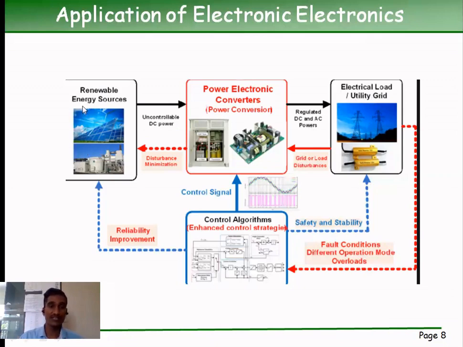Again, if you use a renewable source like wind energy, it generates AC power of a different frequency, say 100 hertz, and we are utilizing AC power of 50 hertz. Again, AC. Okay, this is an AC. So at that time the conversion of the 100 hertz AC to the 50 hertz AC or the high voltage is a big challenge, and this challenge can be solved with the help of the power electronics.